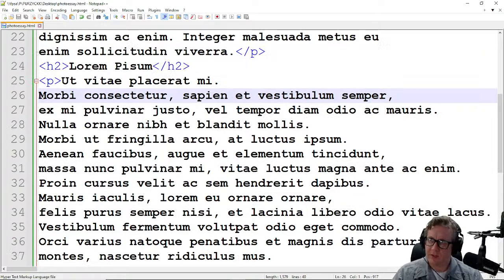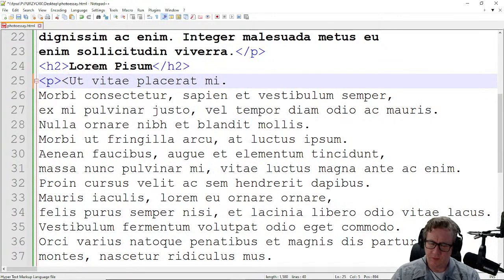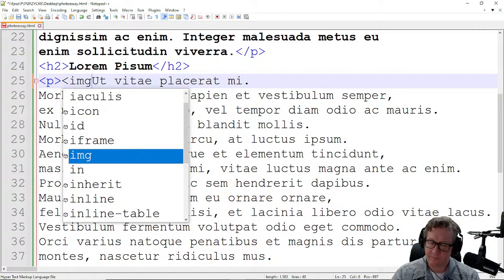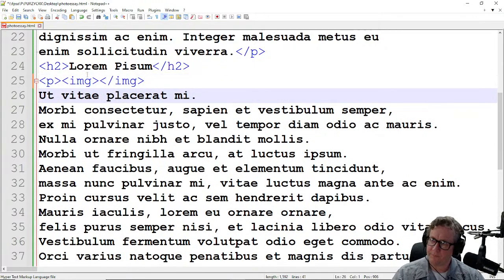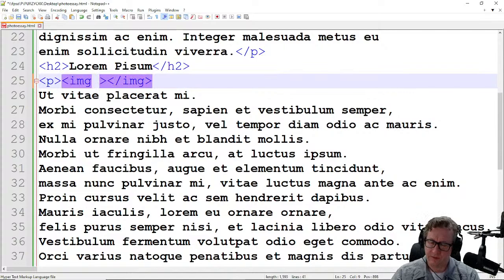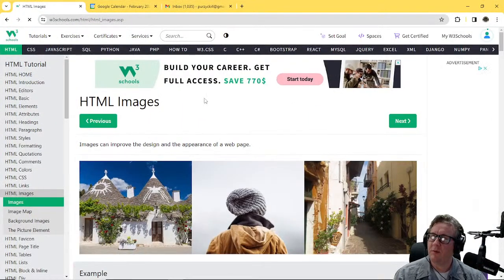Okay, so we've got our paragraph here. So I'm going to do image, and then I'm going to add my closing tag right away. Image source equals. Now again, I'm going to have to look this up. This is image, so I'm going to look up images on W3 Schools, and here we have images can